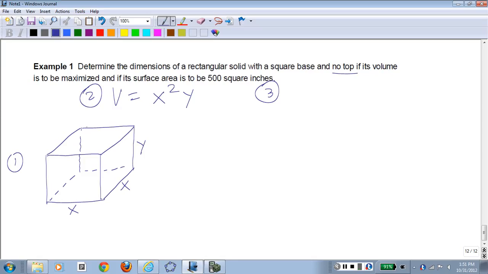We need the sum of the areas of the bottom and the front and the back and the left and the right sides. That's our secondary equation. We're going to set it equal to 500. So